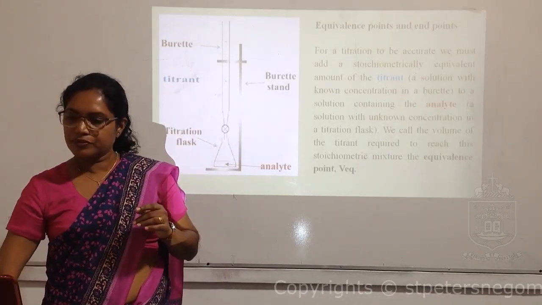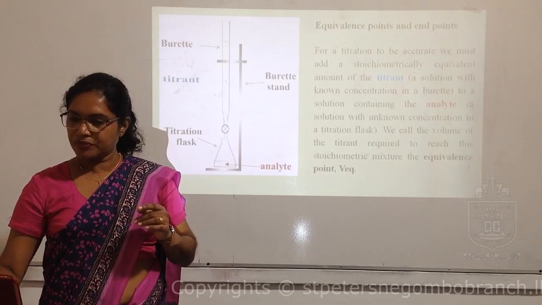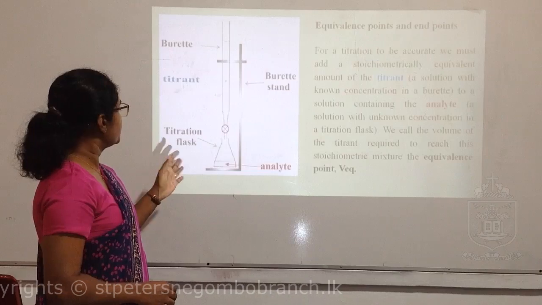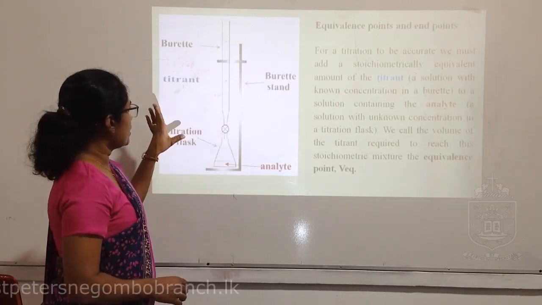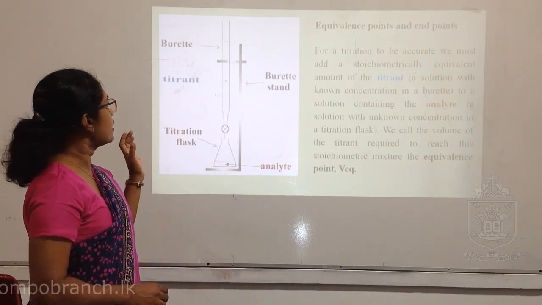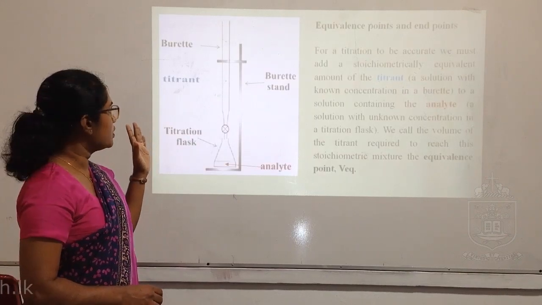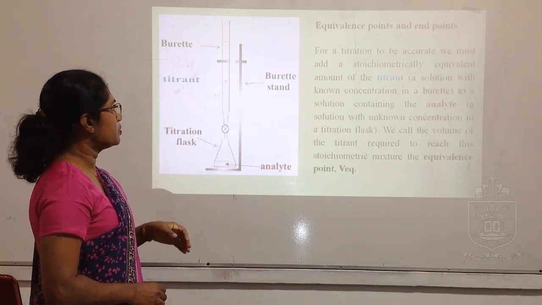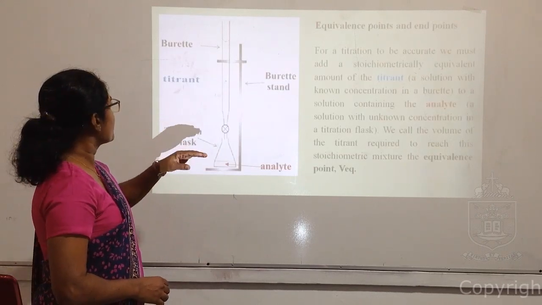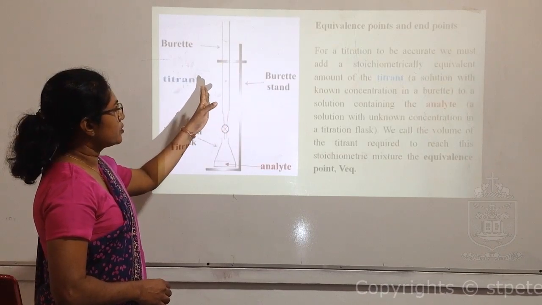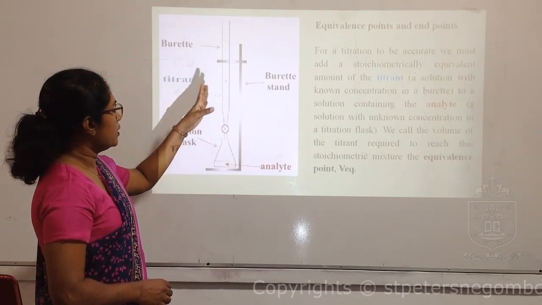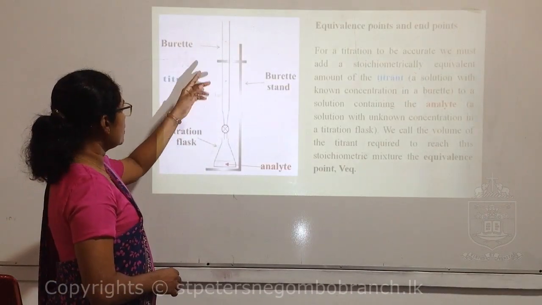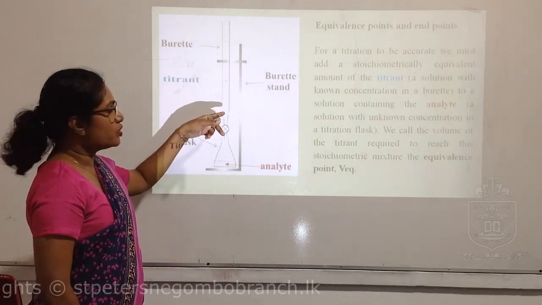And this is the setup we make in the lab when we do a titration. For that we need a pipette, a titration flask and a pipette stand. And for titration we use two solutions, as I told you. In here we should add the